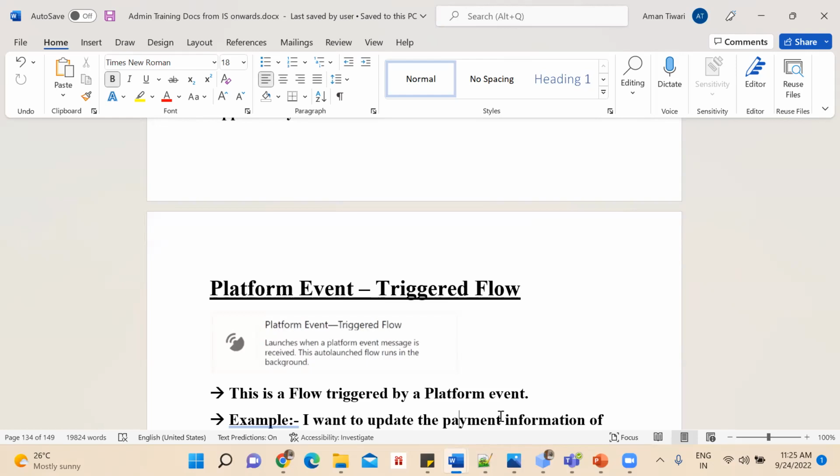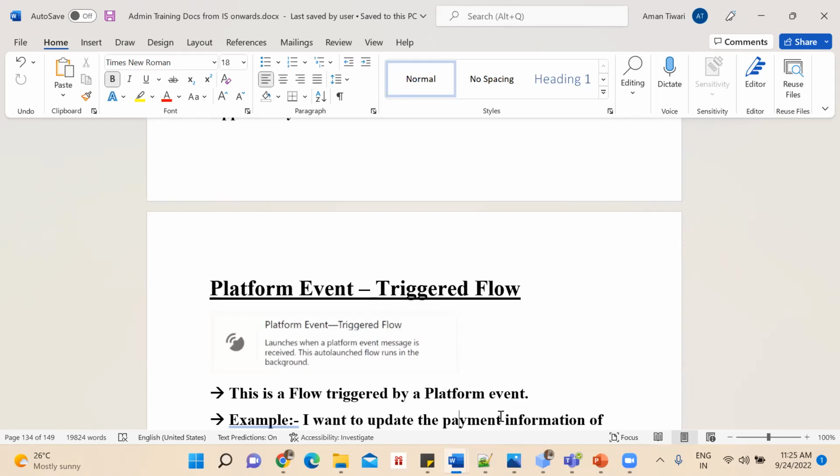Now suppose you select UPI, then they allow you to go through the UPI interface. Now how is this happening? It's happening through platform event trigger flow. You being on Flipkart, it redirects you to some other UI or some other platform. Then you make the payment. Once you make the payment, they send a confirmation back to Flipkart, and then Flipkart verifies that payment, and then your order is placed.